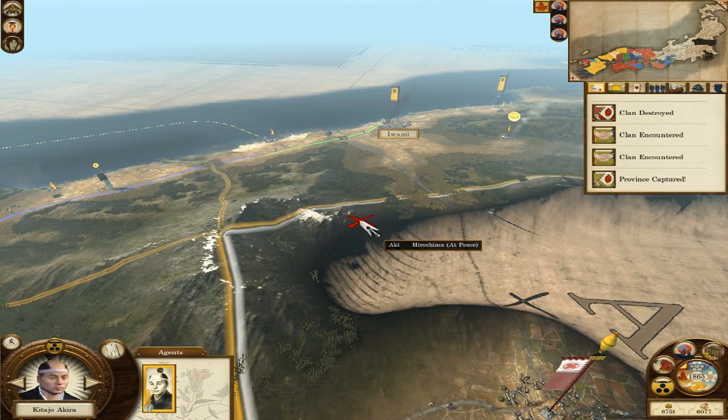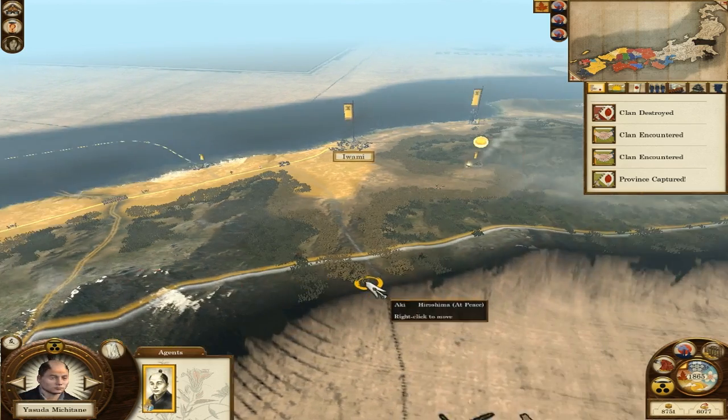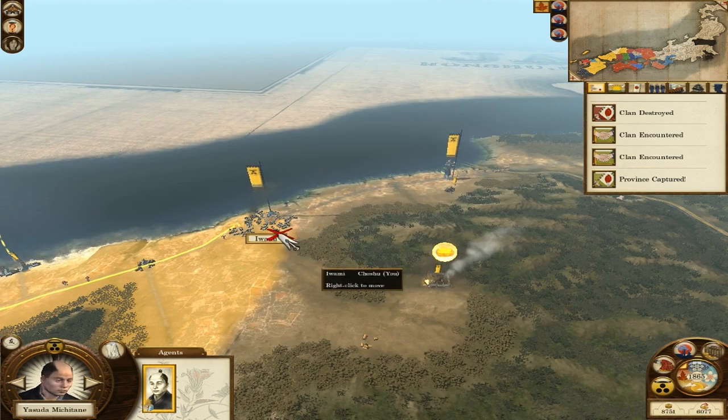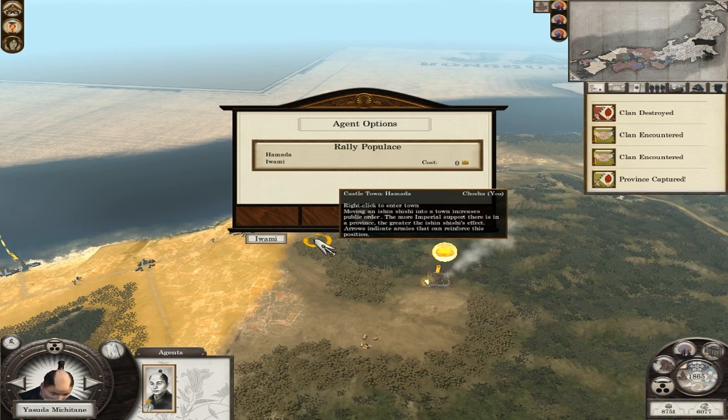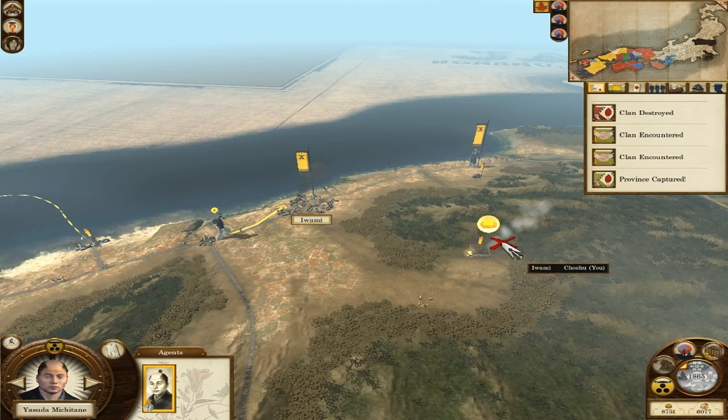Oh, maybe that's where I was before the turn end. That's probably what it was. But anyway, never mind. It's the other Ishin Shishi, and he can now get into Iwami, which he's going. Oh, look! Do you know, it might even be perfect timing. Look at that. They're on red. I might have to get some more troops in there, but